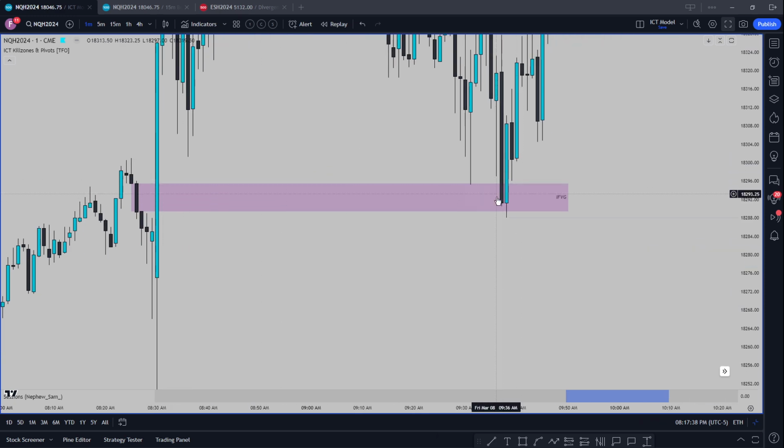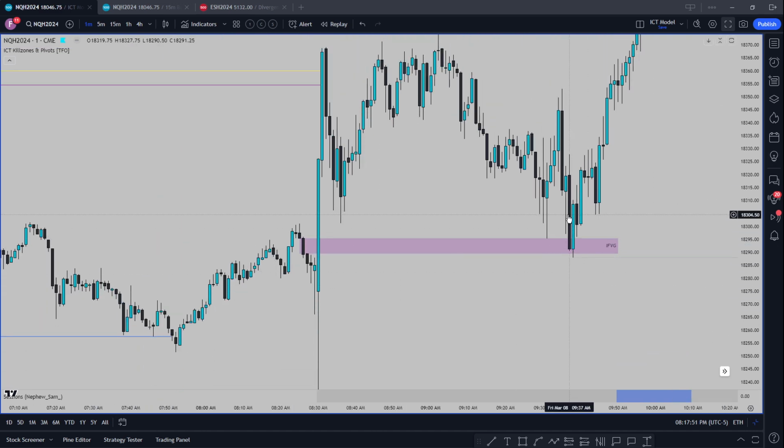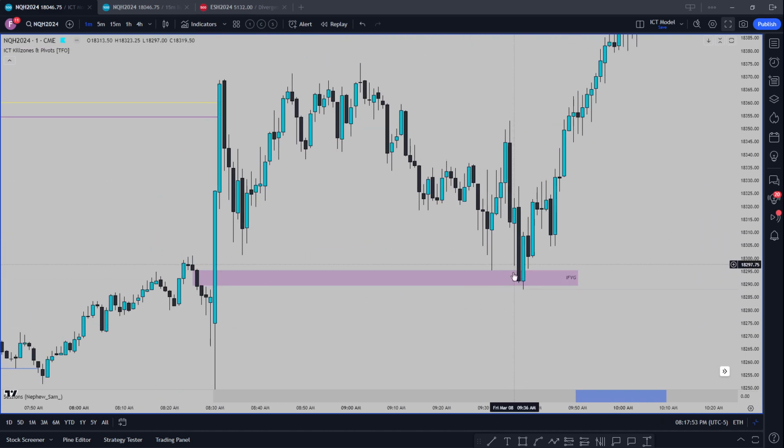And then it has to come back into here, rebalance this. I'm not looking at this BISI, although I'm not focused on this. I'm most focused on the first one that formed. So that's probably why we had to come back down, exchange those orders back and forth, then start trading back